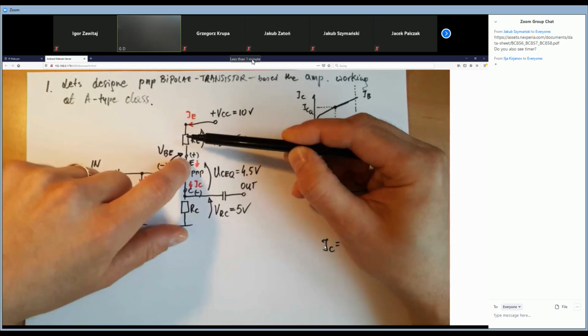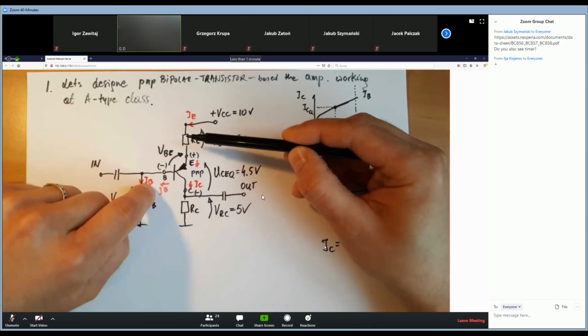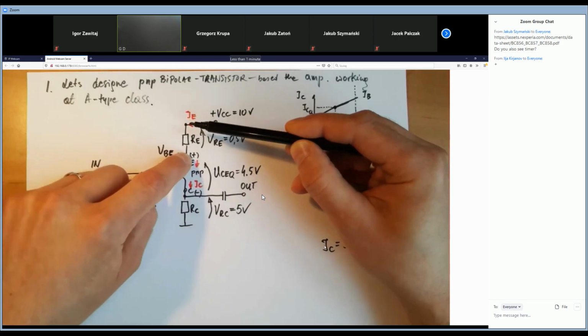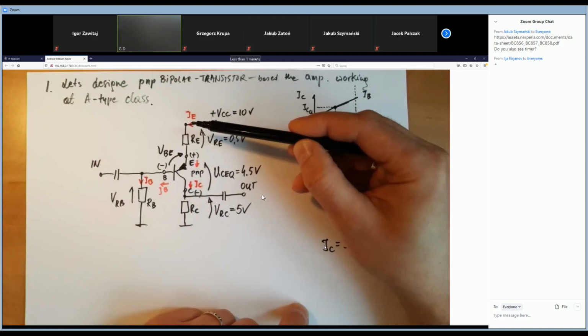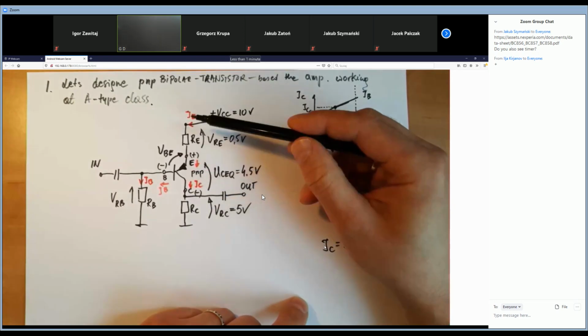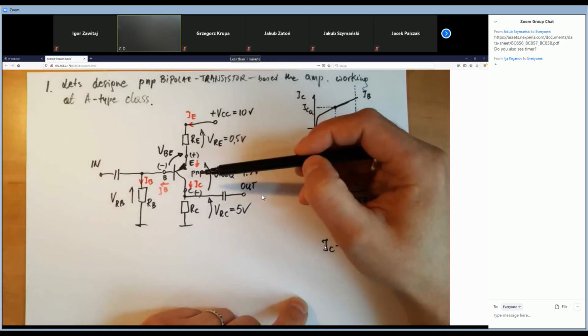So IE is increasing. Even if the temperature changes, the current IC, and as a consequence IE, is also